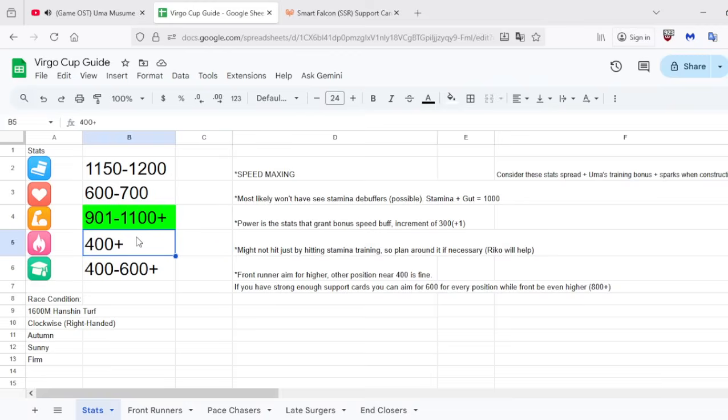Gut, I think in my previous video I said you want around 300 gut. Now gut is actually useful, though still not as useful compared to power and speed. Definitely not. A lot of people are saying, oh, do you want to go gut max build? Gut is still probably the worst stat out of the bunch. You can argue between it and wit, but it's still not as crazy as people are making it sound. It's just not useless, but it's still at the bottom of the hierarchy in terms of stats, in my opinion,